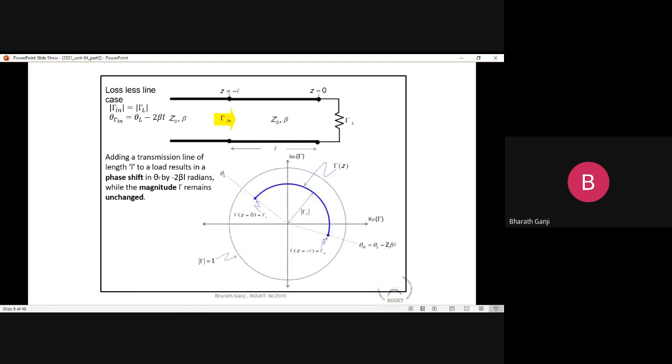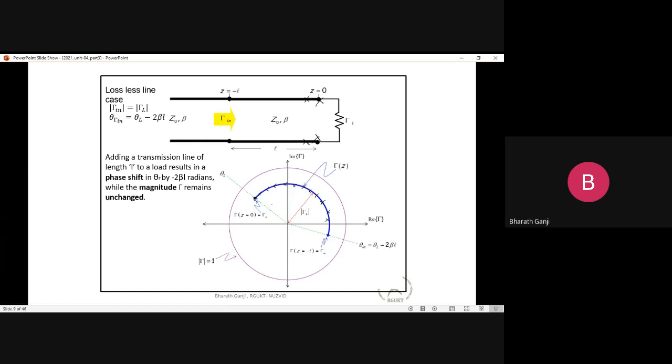Say for example, if your load is at a particular point with some magnitude of tau L, as I was saying, as you're increasing the length, slowly your reflection coefficient at various points will be tracing this constant tau circle. Because when you make the magnitude of reflection coefficient constant, you basically have a locus which is a circular path. So at this location, at z equal to 0,